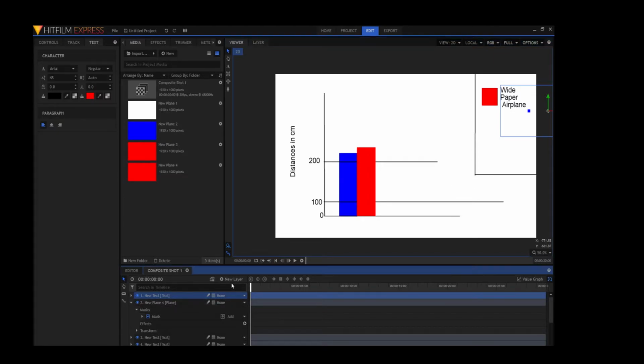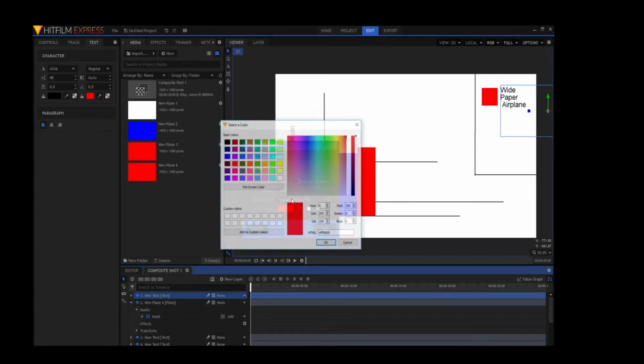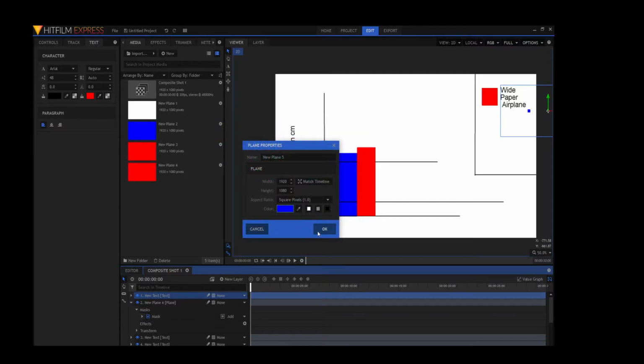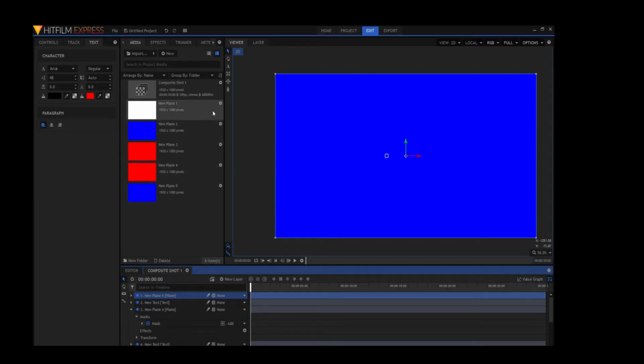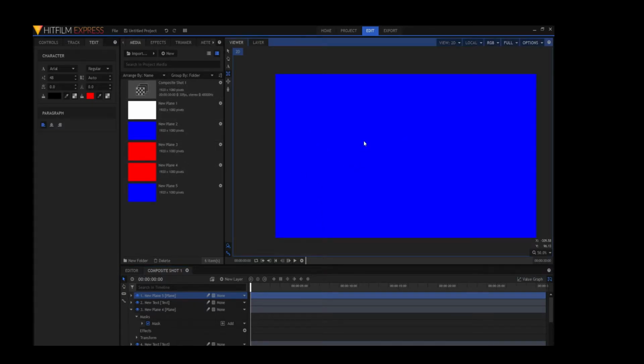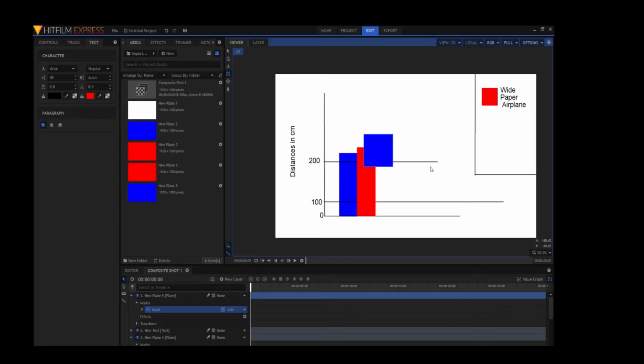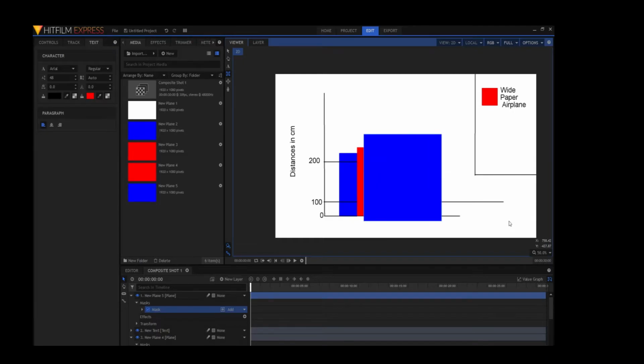So same thing that I did with the red, I'm gonna make another blue plane, and resize it same as I did with the red. Now, as in the previous way I did this, I could just click and hold shift and drag out, and I made this too big.